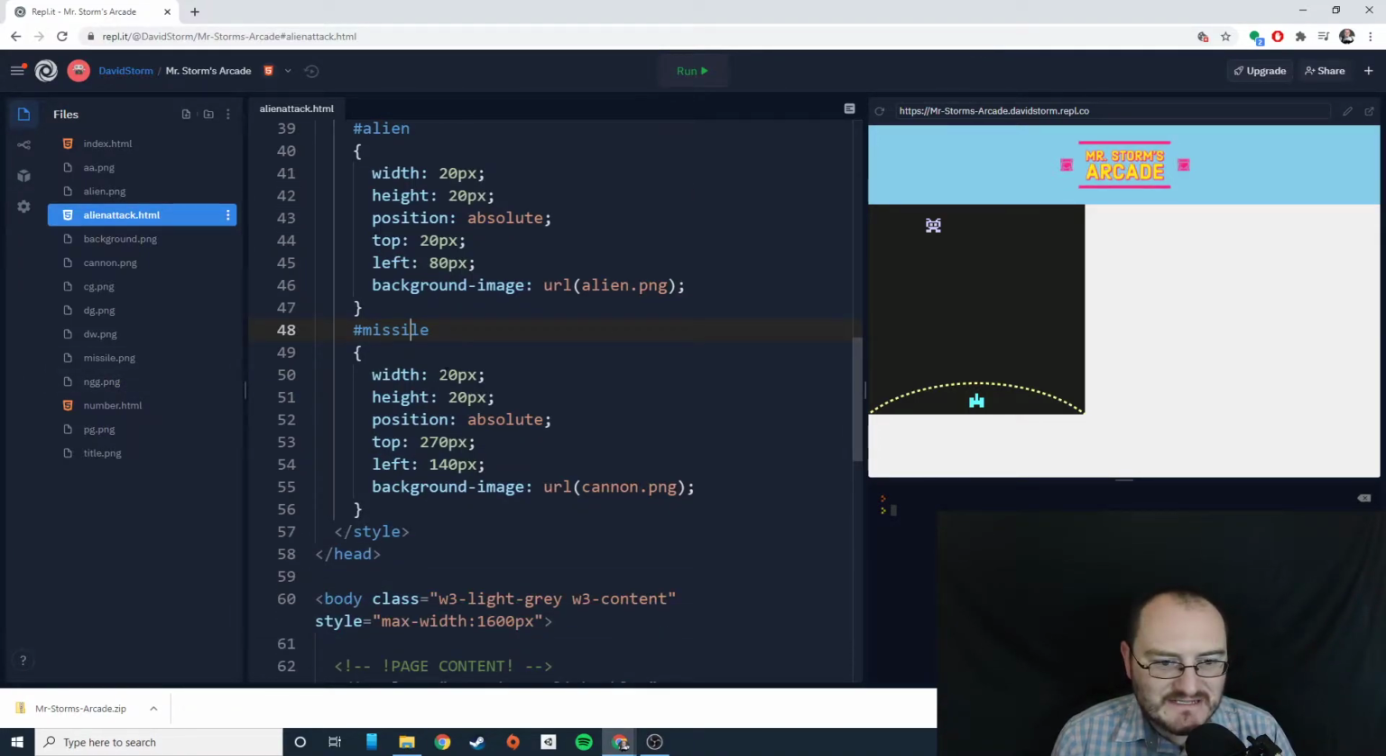All right. And this is going to be only 10 pixels by 10 pixels. And let's see. Top, we'll make it 240. So it's above the Earth right here, but it's still going to be at 140. Let's do 145 because it's 10 by 10. So we need to shrink that a little bit. And the background is going to be